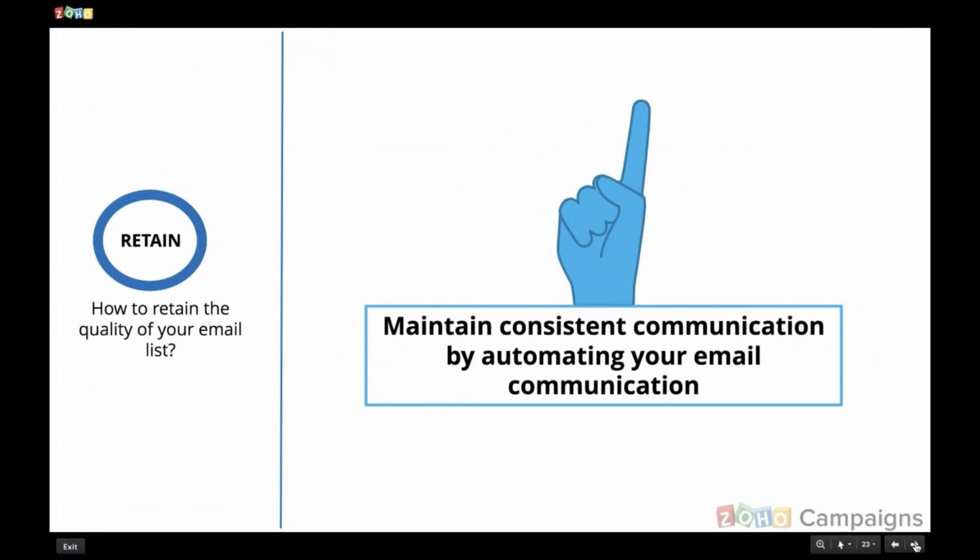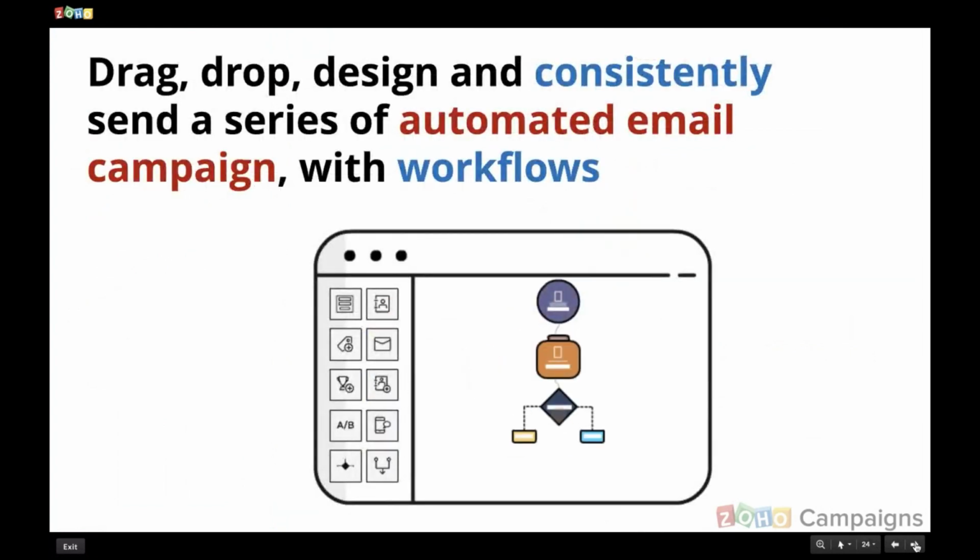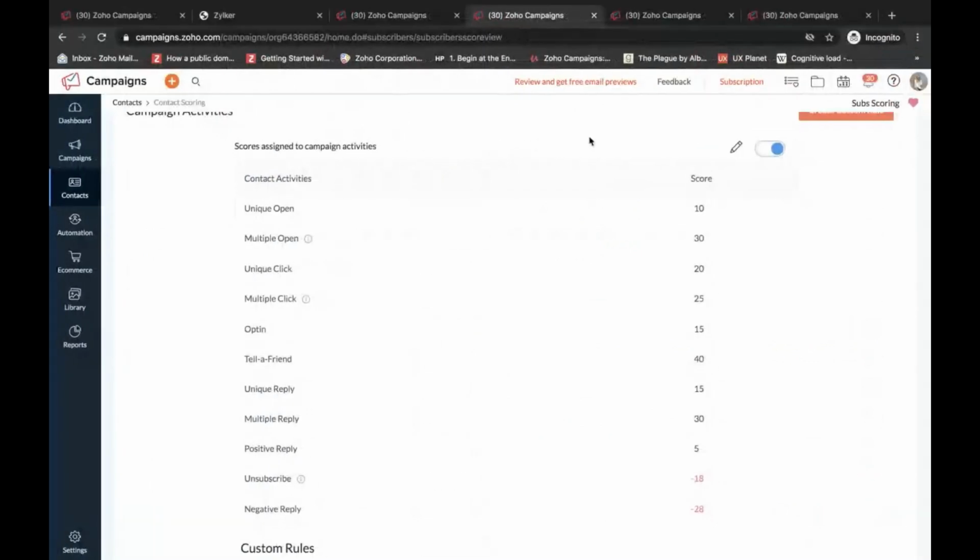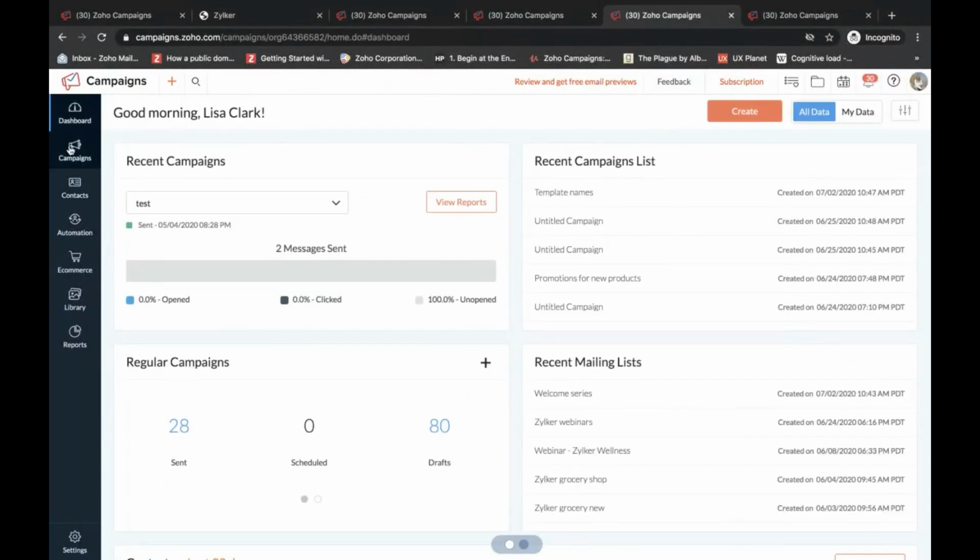Only when you have consistent communication with your subscribers will they hold the trust that they have started their journey with you. You have to maintain consistent communication with them. Consistent and personalized communication can be maintained using workflows. All you have to do is drag, drop, and design, and consistently send a series of automated email campaigns with workflows. When you go to campaigns, then automation, and then workflows,